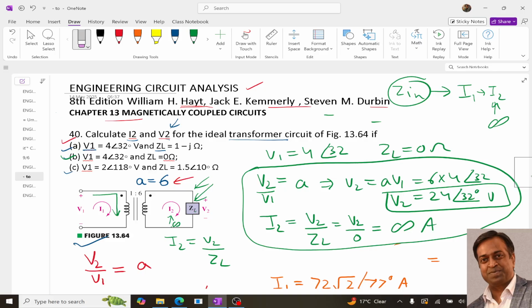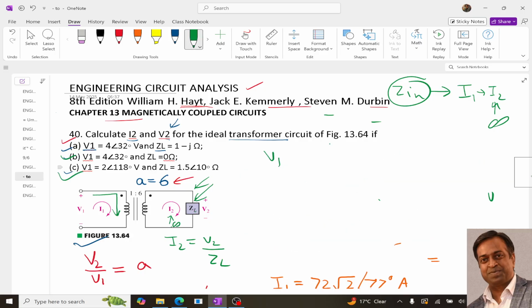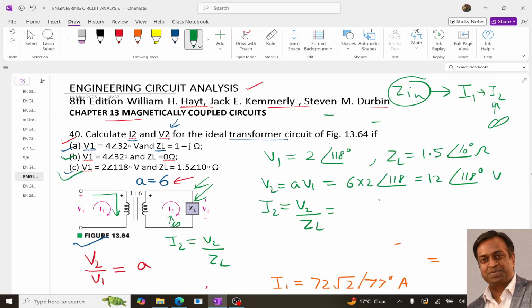Now coming to the third part, and the third part says that, let me clean it a little bit. The third part says that V1 is equal to 2 angle 118, and ZL is 1.5 angle 10 degrees. Now over here, following the simple method, V2 is equal to A into V1, so we will get 6 into 2 angle 118, so it is 12 angle 118 degree volts, right? Now I2 will be V2 upon ZL, so it is 12 angle 118 upon 1.5 angle 10, so it